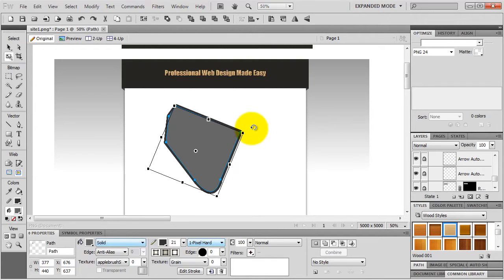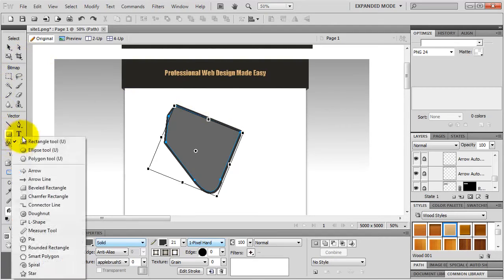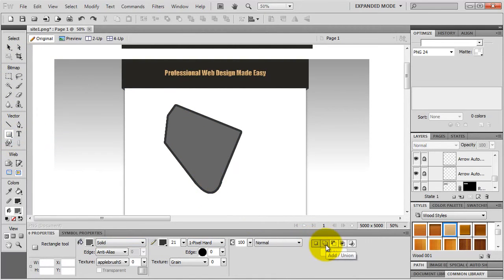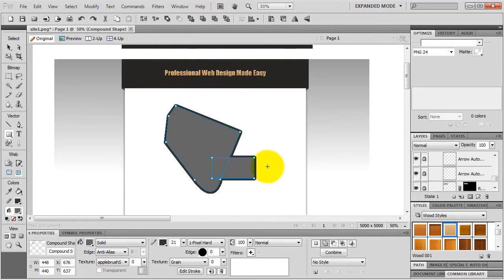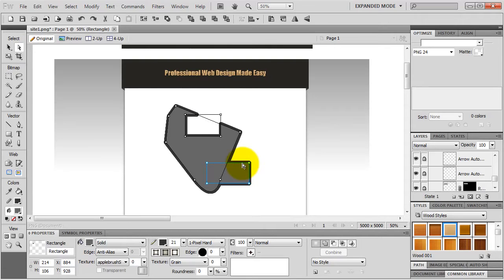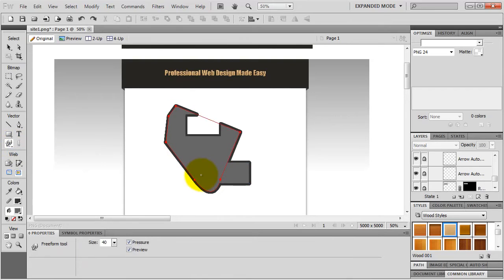I can also grab my rectangle tool and add to it. Let's add to it. I can even subtract. And if I grab my sub-selection tool, I can move these rectangles around. Also, I can get my freeform tool and form my object. There we go. Okay, but this was just a quick exercise, so I delete it